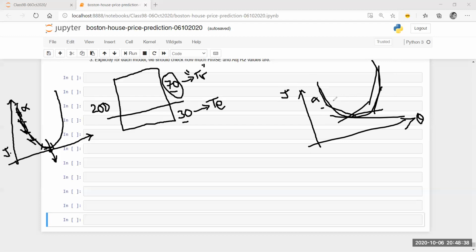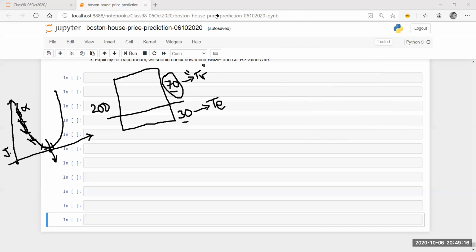So as I move from one point to another point in this J curve, I have to find whether I am going in the right direction or not. So am I going towards the error decreasing or increasing? If I go over here, it decreases. Then I go over here, it also decreases. Then I went over here, it also decreased. Then I went over here, but it increased. So I have to come back. But if I come back and my alpha is big, then I may end up over here and not on the global minimum. So overall, what we are seeing is we are facing a lot of problems if we have a very big alpha, or the learning rate is quite big.